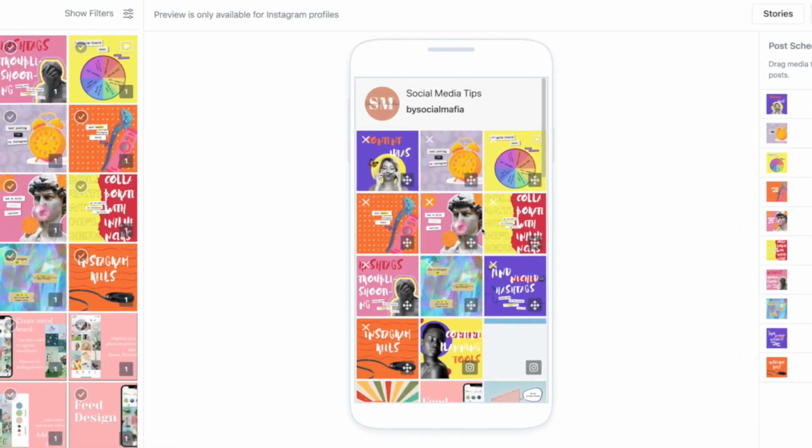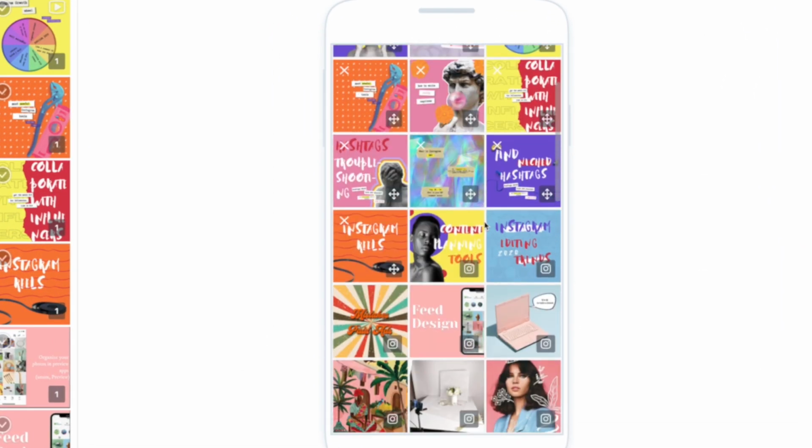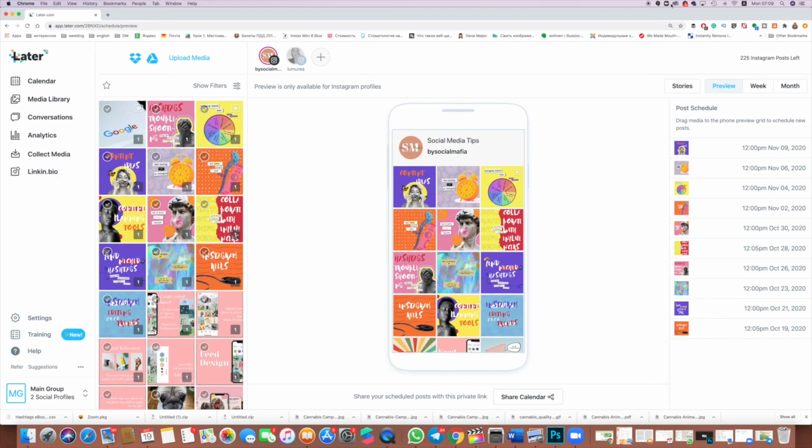So if you aren't planning your content ahead, you cannot understand how one image can be complementing another image. Content planning in advance will help you to see the whole image of your Instagram profile and create this so-called cohesive Instagram feed, right? And normally, the more aesthetic look your Instagram has, the more chances that you're going to win with the Instagram algorithm and grab your customers' attention. So now let's dive into the process, how I do it step by step.